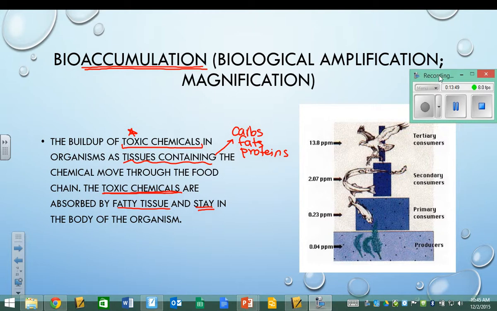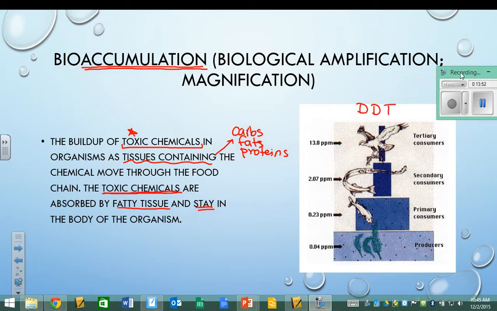Now my example over here illustrates DDT, so this might be an example that you've heard of before. DDT as a toxin is particularly well documented in sort of marine aquatic ecosystems, finishing with a large bird of prey. At the bottom, we have our producers who are likely in the water. And so the water is where the DDT would be found. And these producers, because there's so many of them and there's so much water, have a very small concentration.